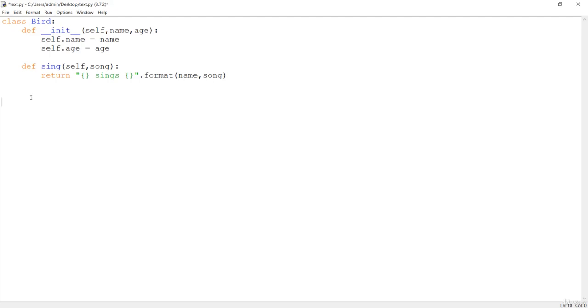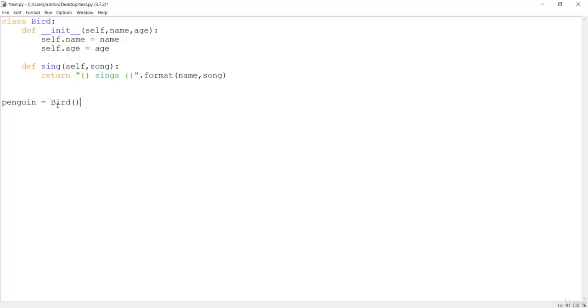So first of all, let me say the bird will be penguin. So penguin is my bird, this is the name of the object. After that, you have to type the class name, that is Bird, and give the parentheses.